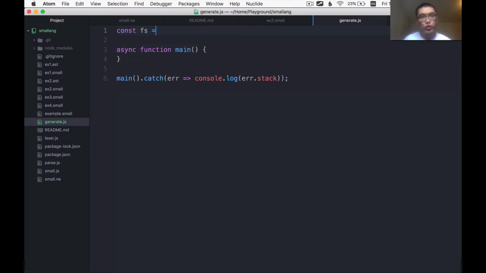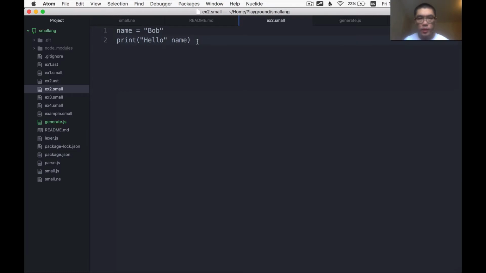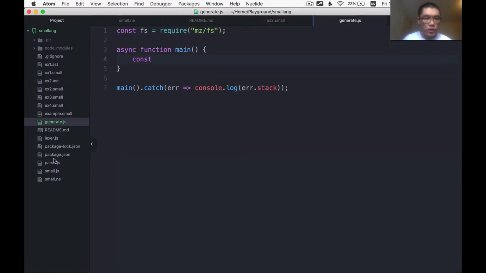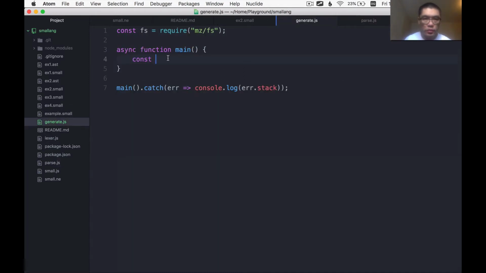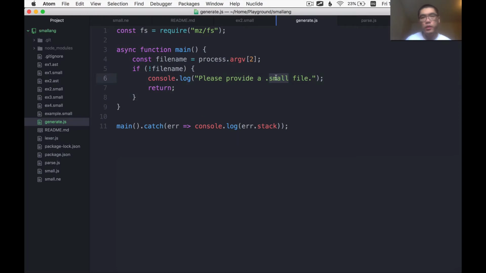Again, I'm going to use the file system module to make this kind of thing easier for me. I'm going to read in a file name which is passed in from the command line. I have done a similar thing in my parse script here, so I might actually just steal this code from this parse script. And here I'll say please provide an AST file, because it's an AST file that generates